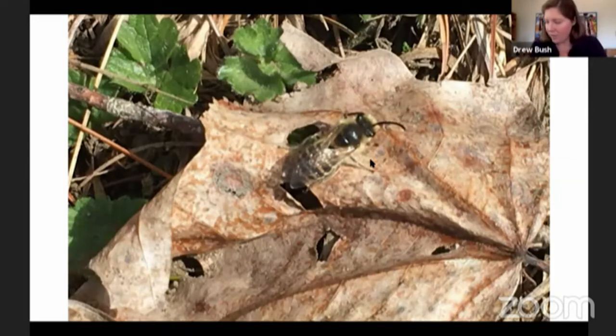And the only other thing that's really great about these guys is they actually aerate your lawns. Creating those tiny little holes is actually really good for the soil and for water absorption and everything. So these insects are wonderful. And so again, not to be afraid when you see a whole bunch of them buzzing around, not to be afraid of them at all. They're just doing their job for us right now and for nature. So just paying attention to them, you can get really close, as you can see, and it doesn't disturb